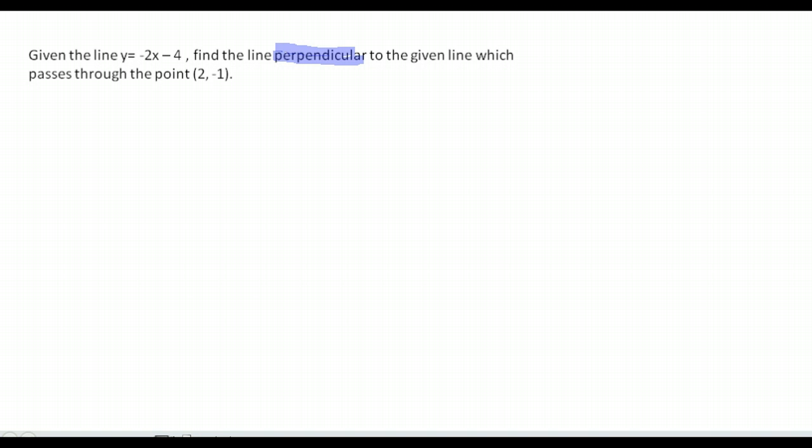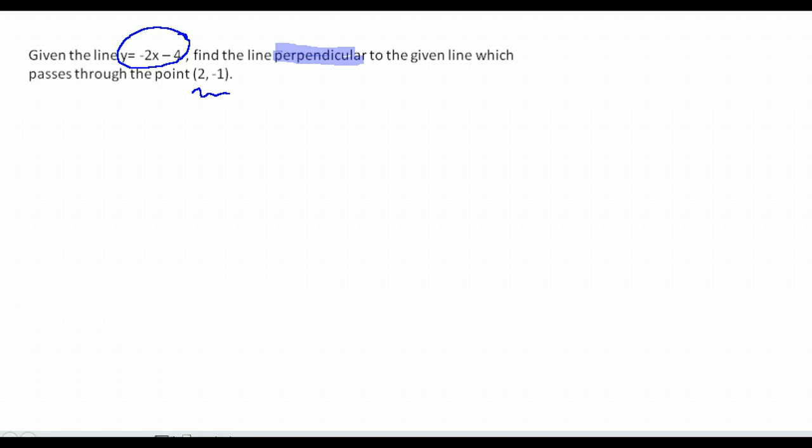Okay, so again, this is similar to our parallel question, but you want to pay very close attention to whether it's parallel or perpendicular, because that completely changes your answer. Again, they give us the equation of a line. Given the line is y equals negative 2x minus 4, find a line perpendicular to that passes through the point 2, negative 1. Now again, they only gave us this equation for one purpose, and that is to steal the